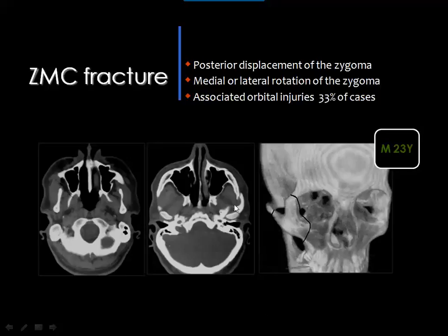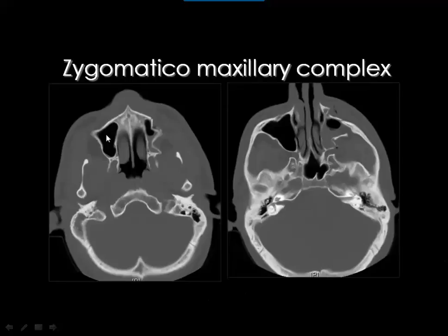But if you see that the maxillary sinus on the fracture side is almost of the same size compared to the opposite, then the zygoma is not rotated. Okay, then here you see this is the maxillary sinus, and there is fracture of the anterior wall, fracture of the posterior wall. And one issue to be mentioned, if you see that the zygomatic arch is bowed like this